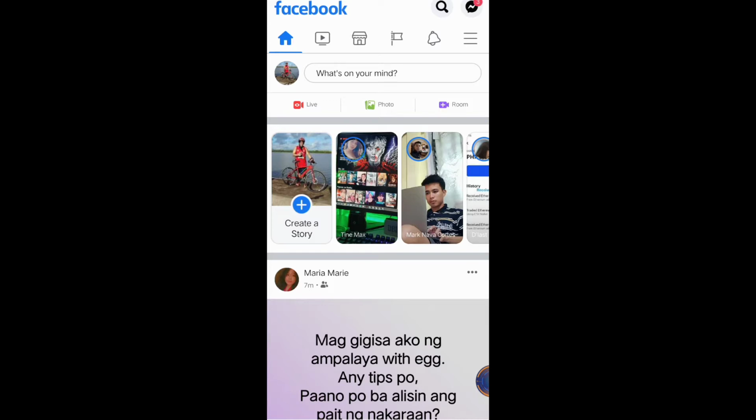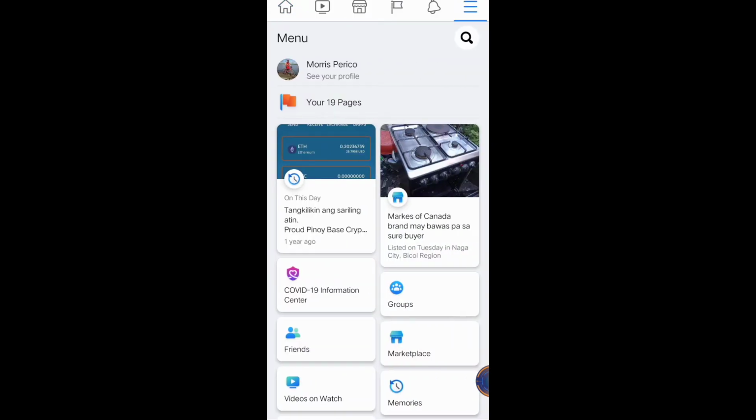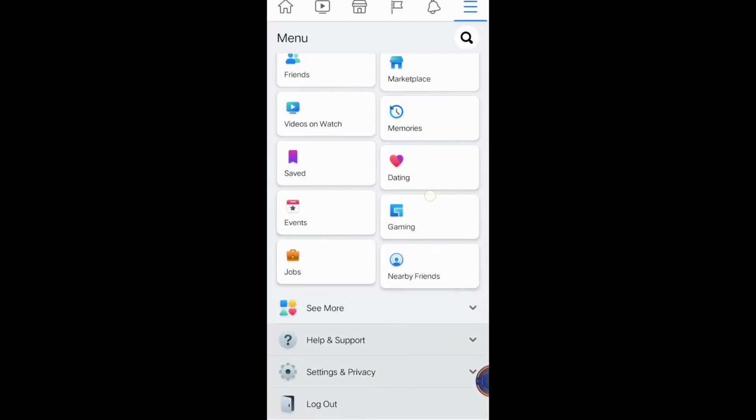Okay, first, you have to click the three lines at the upper part of your Facebook account. And you will go to the settings and privacy. Okay, then we will look for settings and privacy. Okay, here, click settings and privacy,